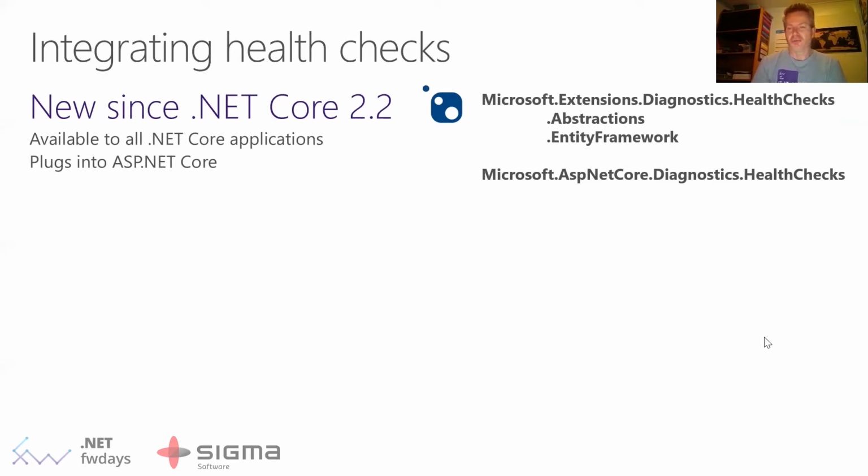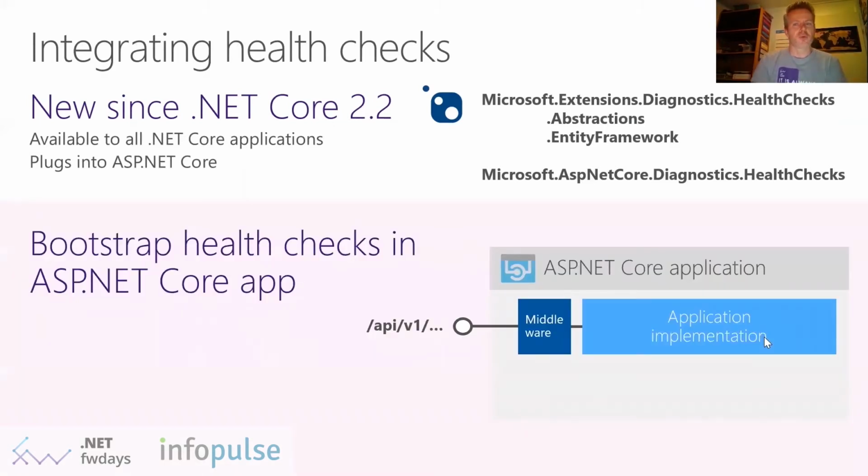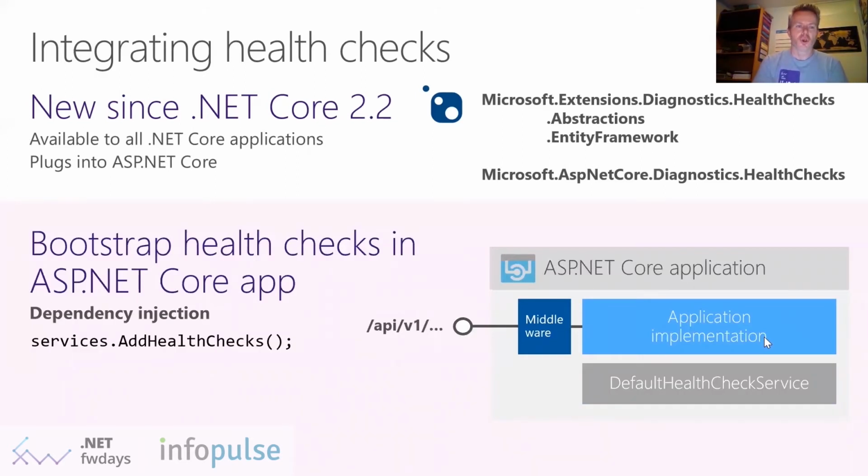If you want to expose them, then you would need the ASP.NET Core Diagnostics Health Checks NuGet package, because then you can actually reach that information from an HTTP endpoint using the ASP.NET Core framework. And this is how that will work. Imagine that you have an ASP.NET Core application, you have the implementation code in light blue, and you have your middleware that's exposing endpoints. For example, for a web API, it could be API and then some version and some specific endpoints. If you make this call to services.AddHealthChecks, and you would need a reference to the